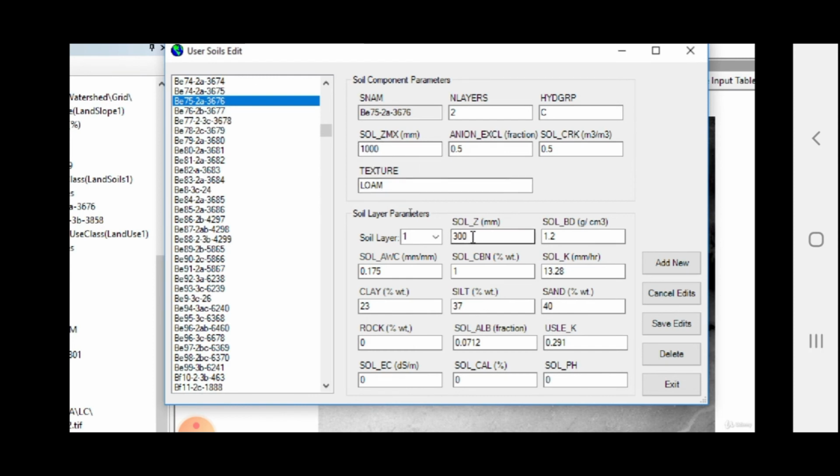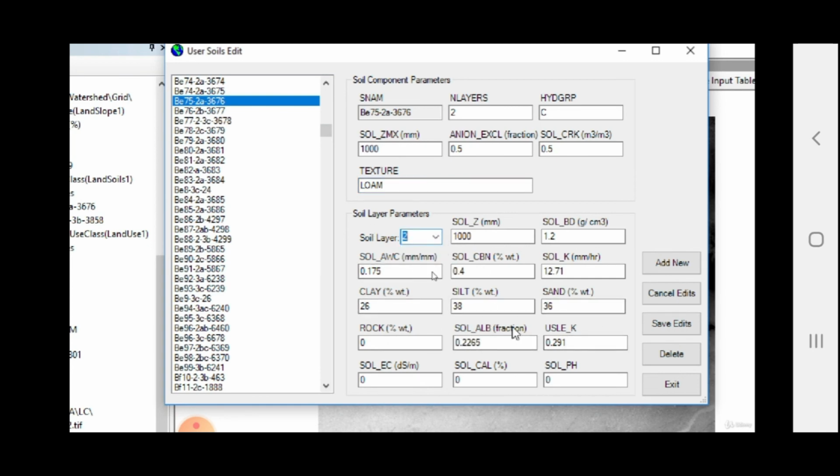It is giving an infiltration rate K. It is made from 23% clay, 37% silt, and 40% sand, and it is a texture of a loam. So this is a loamy soil. It has a soil erodibility factor 0.291. Like that, it has everything, whichever information you require. It is a layer 1 properties, and these are the soil layer properties too.